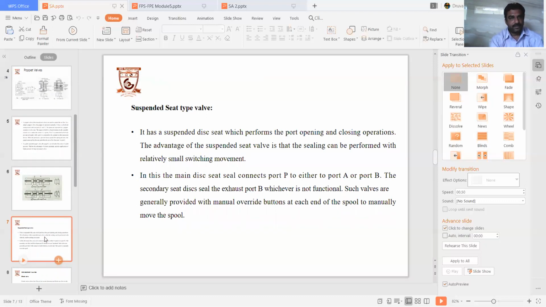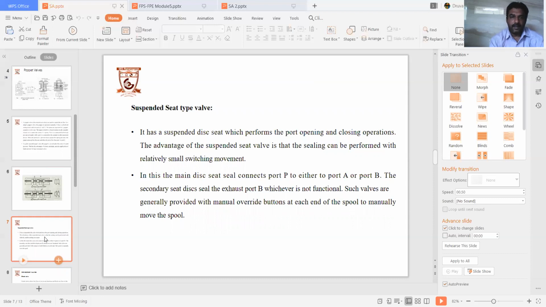These types of valves have the advantage that sealing can be performed with relatively small switching moments. It has 2 ports, A and B, primary and secondary ports. The secondary disc seals the exhaust port B, whichever is functional. Such valves are generally provided with manual override buttons at each end of the spool,